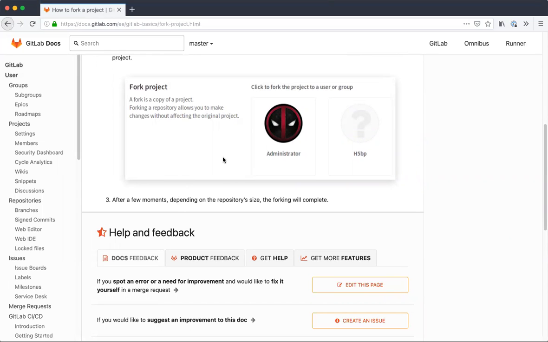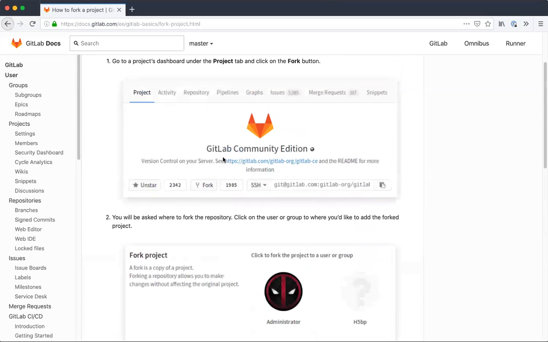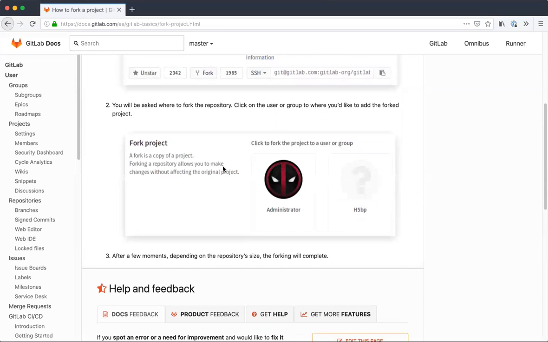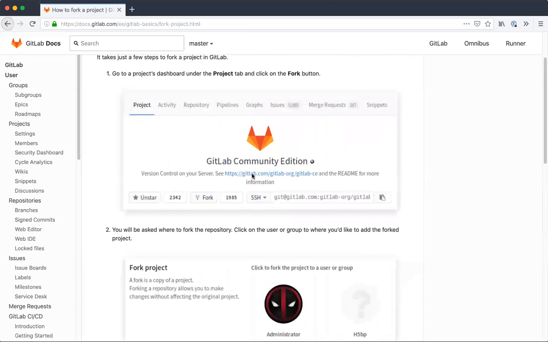Step 3, after a few moments, depending on the repository's size, the forking will complete. Okay. Given we've included screenshots for steps 1 and 2, I think it might be worthwhile perhaps including a screenshot for step 3, or in fact, I'm not sure that